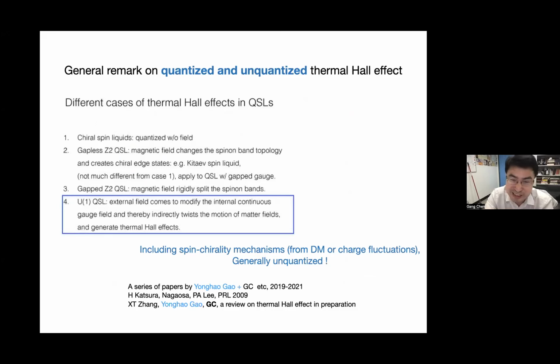The starting point of the gauge theory is a U1. For the chiral Z2 spin liquid, the gauge group is a Z2. So there are vison excitations. And what happens is the chirality here is applied on the spinons rather than to the